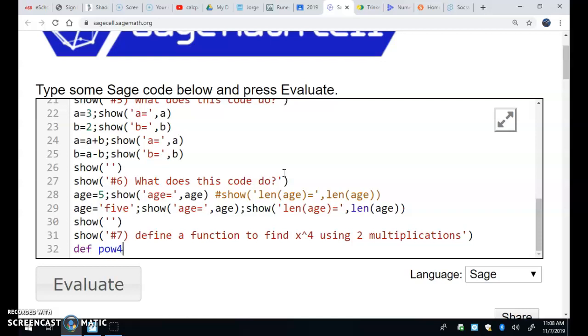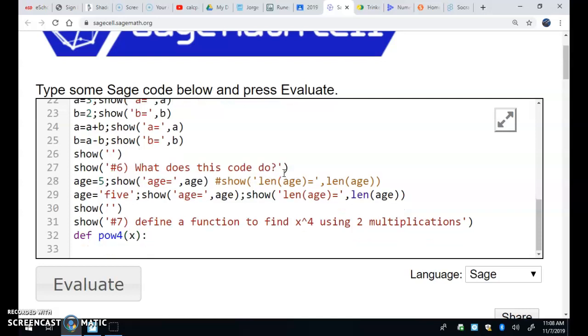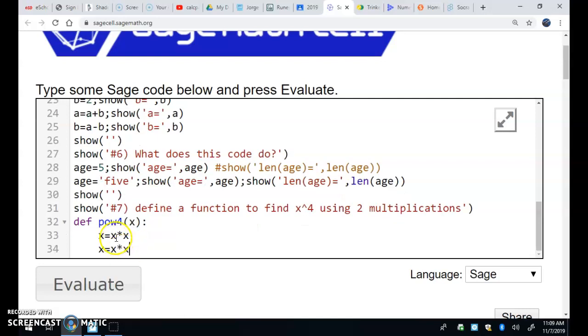they called it pow4 in the problem. Now, you could just return x to the 4th. That's not the point. What we did was we said, let x equal x times x. So let's say we plug in 5. Then 5 times 5 is 25, and we assign that to x. So x is 25. But then what if we do this again? Now that x is 25 here, x is 25 times 25 here. So 25 times 25 is